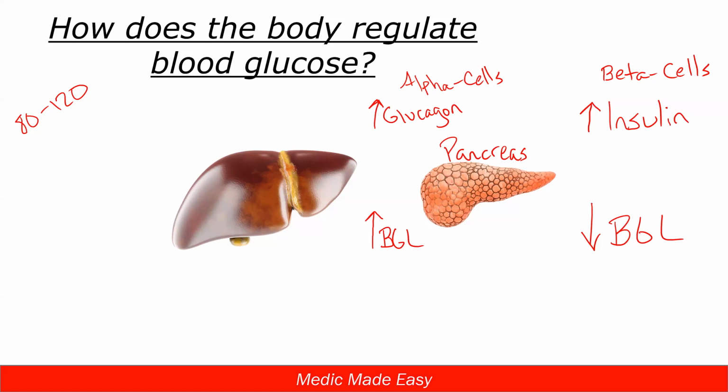And so you can kind of see this dynamic state that is going to be happening. Just like our body monitors how much oxygen we have in the system, our body is also monitoring that sugar level. And based on that sugar being too high or too low, the pancreas will get that signal and say, hey, we should make more insulin, or we should make more glucagon, depending on which way the body wants to move the blood sugar to get us back into that happy 80 to 120 range that we would like to operate on.